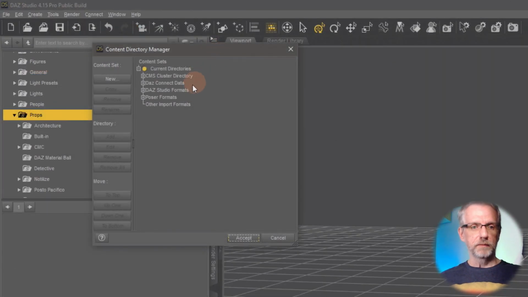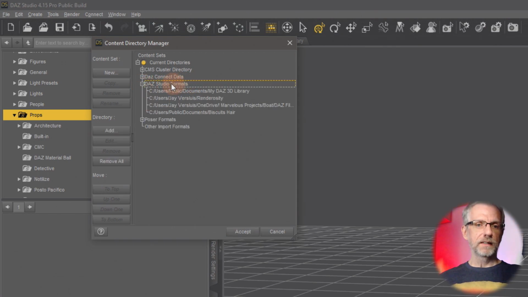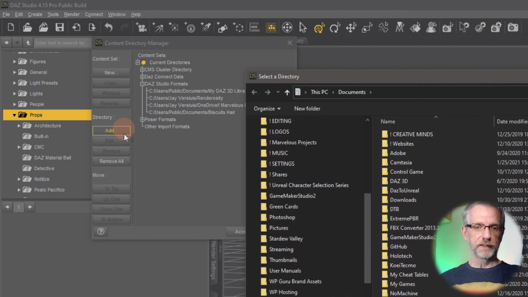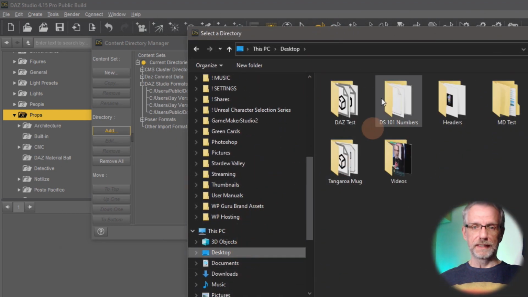It's not that scary actually, but it will tell us where the content folders are mapped for DAZ Studio. So in my case, I'm looking after this one here, DAZ Studio formats. I'm not concerned about Poser file formats right now. And in it, I'm going to click that little top option here that says DAZ Studio formats. I'm going to add a directory to it, which is the directory that I've just made that's currently on my desktop. So desktop